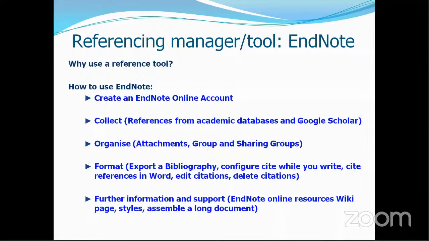Sometimes it's good to group related references together. So if I'm writing a book on a particular topic, and if I'm writing a journal paper that is completely different from what I'm discussing in the book, and I'm also probably writing another conference paper. So if I want to group the references for each of these projects separately, EndNote allows me to group references, and it also allows me